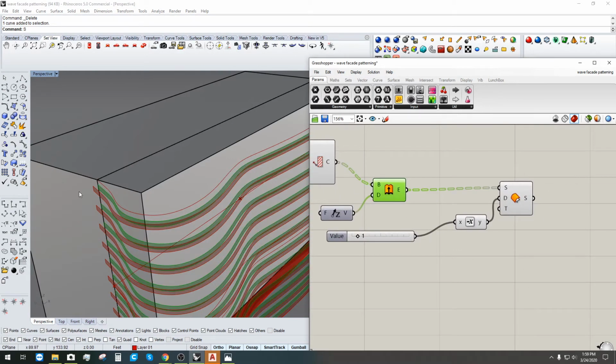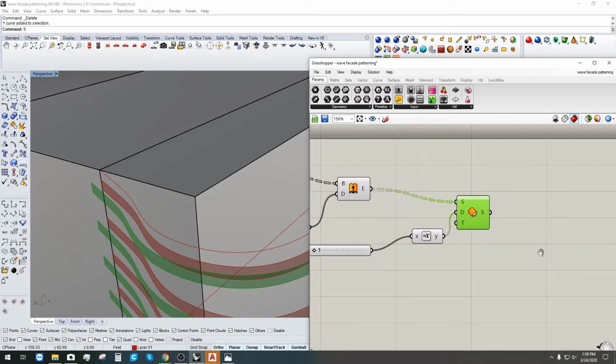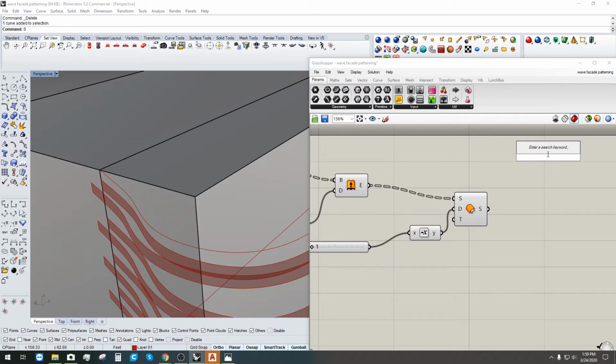Here's the thing. Do you see how they're individual surfaces? So let's loft. I'm going to loft this one and this one,